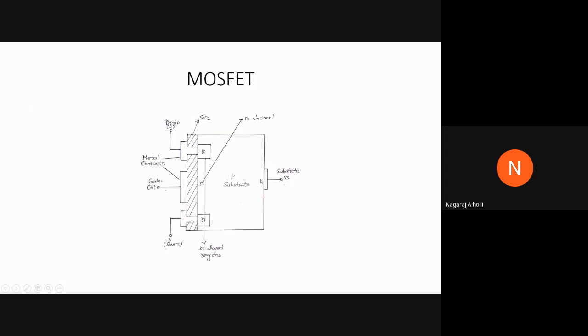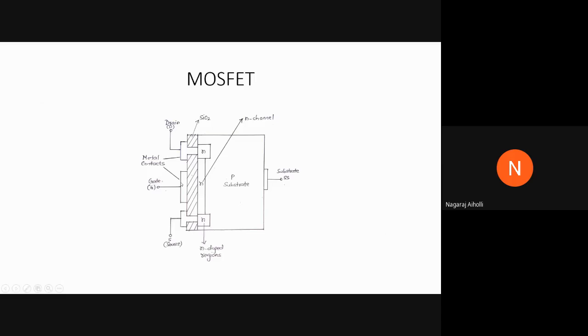If you look at this figure, it is the construction of the MOSFET. Here, the P substrate is made of silicon material. From the silicon material, the P-type layer that is formed is called the P-type substrate. Then here we have the N channel. These two are the N doped regions. In between, this is the N channel, right?